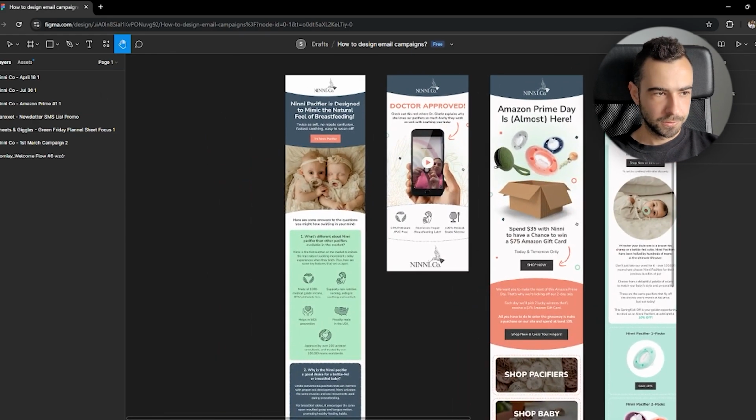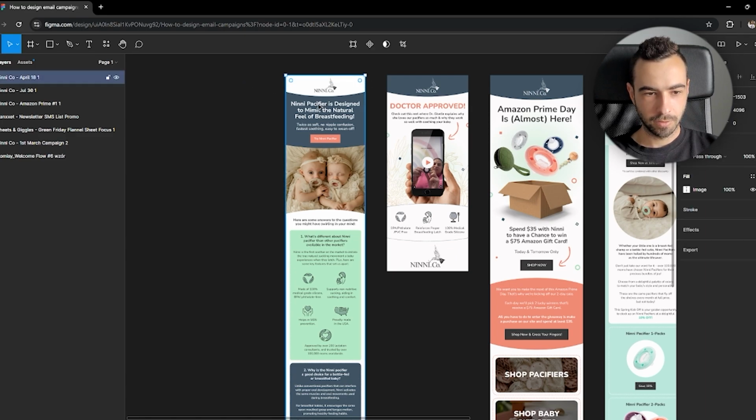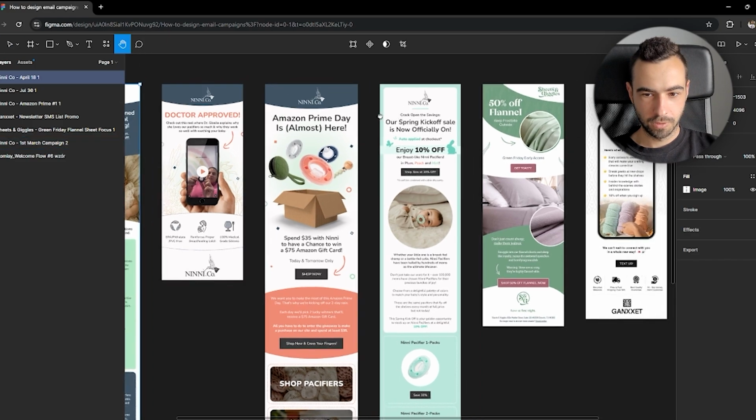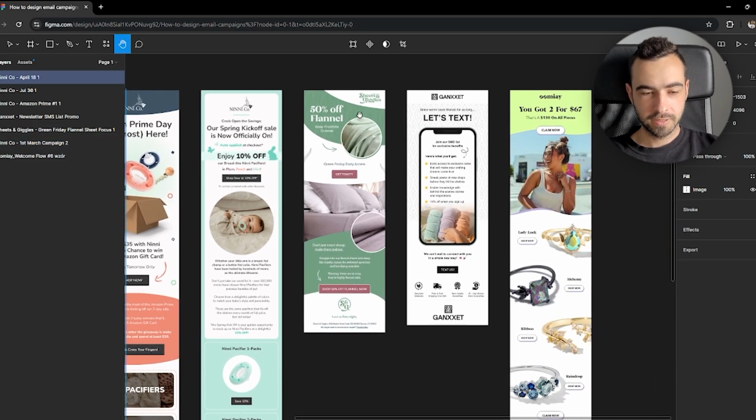So looking at the first campaign, if you break it down, you have obviously logo, then header, subheader, call to action, right? This email is different, that's why I also included it, just to show you different examples of emails. Same goes for this email: header, then section break with the image, subheader, call to action, that's it. Same goes for all of these ones. You can clearly see that each campaign is different, but you can easily follow that to make sure that you're having very high click-through rate,